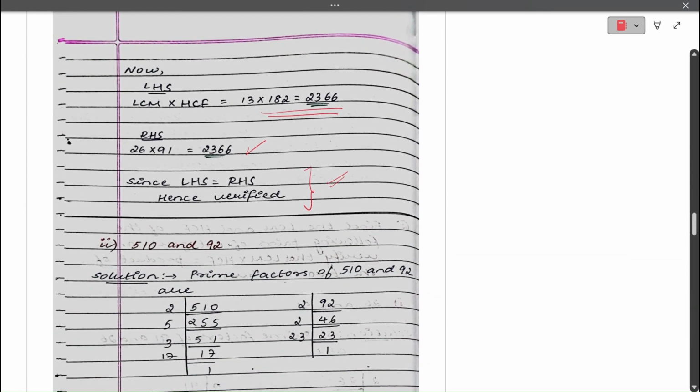Coming to the next question, 510 and 92. The prime factors of 510 and 92 are